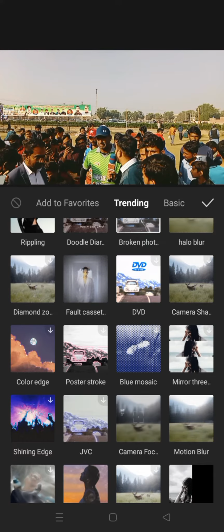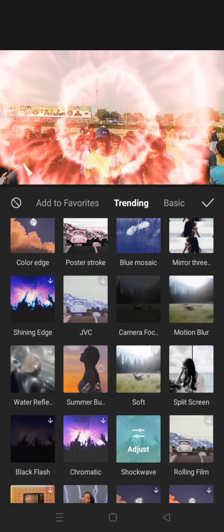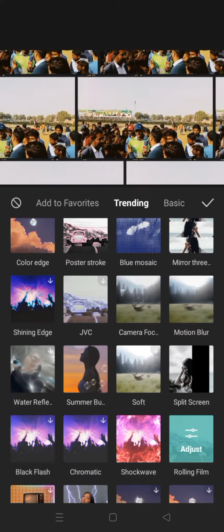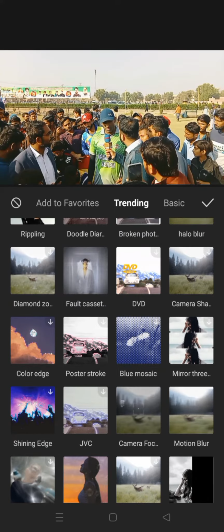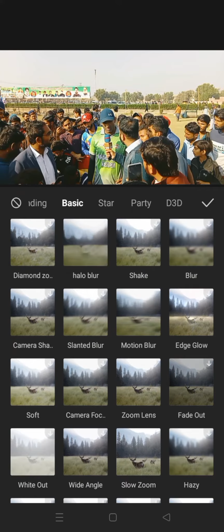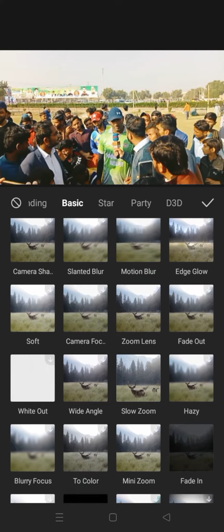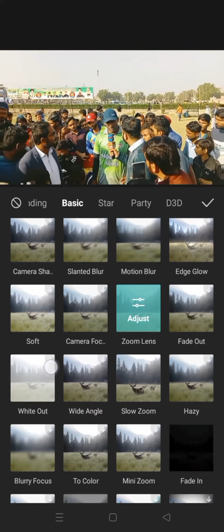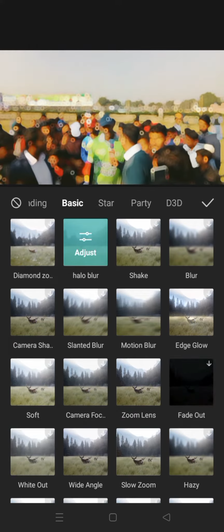As you can see, it shows trending effects. For example, tap on this. You can tap on basic and tap on whole world. As you can see, tap on zoom. And tap on this and tap on select